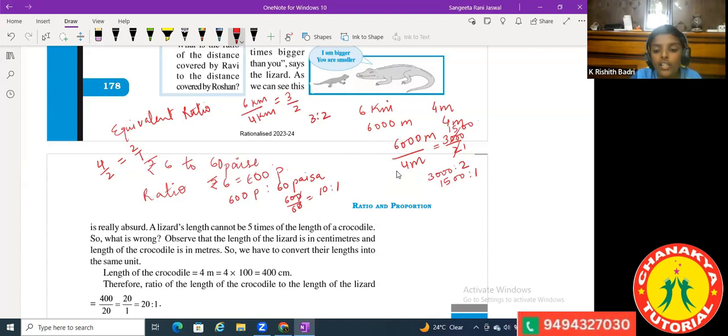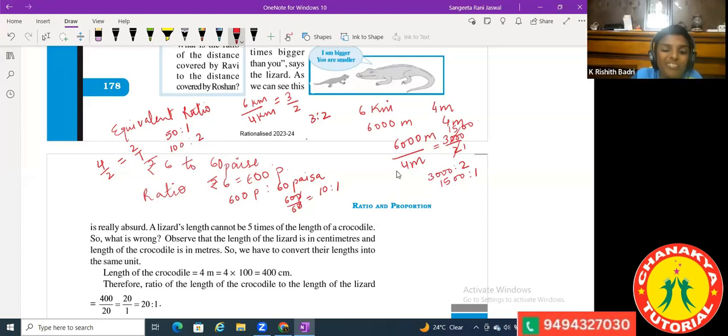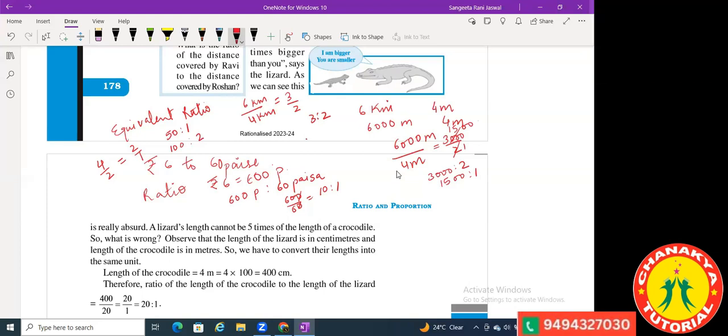Ma'am, what do we call the proportion? If I have 50 is to 1 and 50 is to 1, is it equal to 100 is to 2? Yes, ma'am. Okay. So,